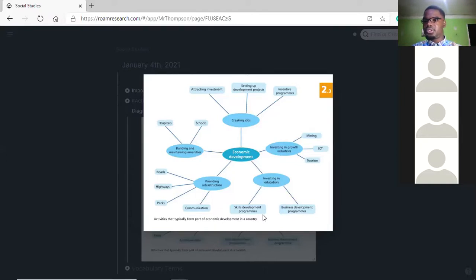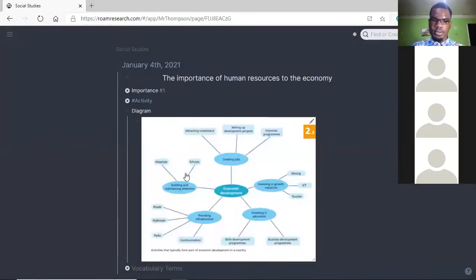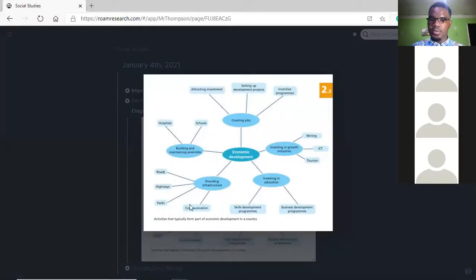You might not see the country always doing it, but when you hear of a road in China that's been fixed, that's a site of economic development. When you hear of, for example, a new hospital that's been built, that's a site of economic development. So these activities are what economic development is. It's not just some fancy term that you can't understand. It's just activities by the government or the country to improve itself, develop itself, so to speak. Right? So just look at this diagram for me, get familiar with it, and we'll come back to this definitely. All right?